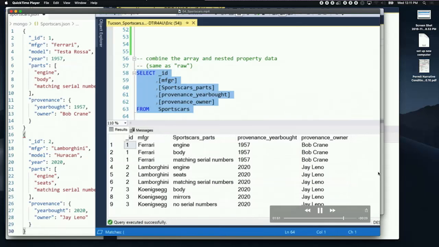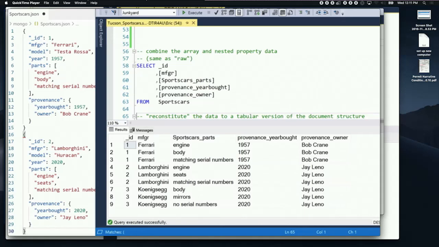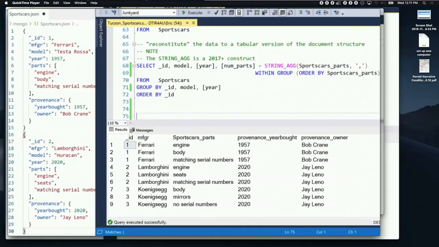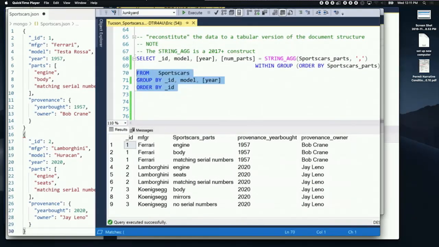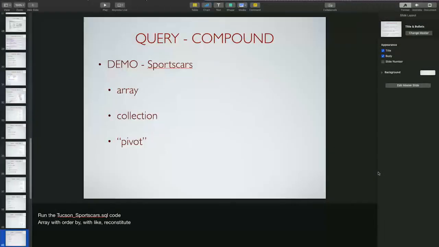Can you create indexes on external tables? Not within SQL, no. Because remember, SQL is just taking the request for data, sending it off to Mongo. Mongo is returning the data using its indexes. And then once it's in SQL, then it's basically in memory. So here I just did the same thing as before with this string aggregate and a group by, right? Okay.